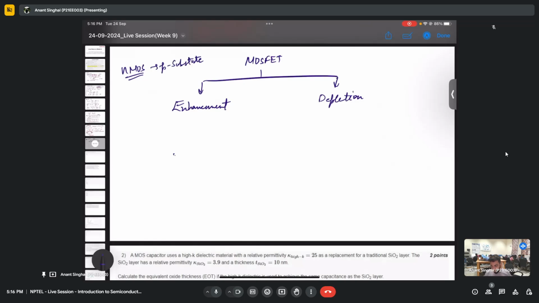So if I have this N channel enhancement MOSFET,